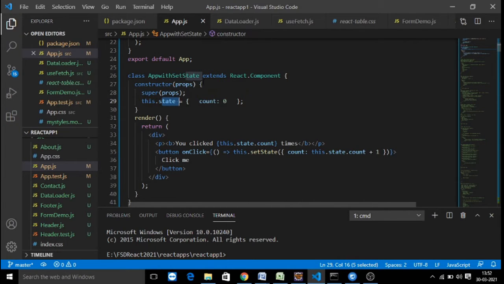This is a simple component where I created count as a variable with the initialization value as 0, and then we register an onClick event. Whenever a button is clicked, my count variable should be incremented. This is the update logic I have written in my setState method.